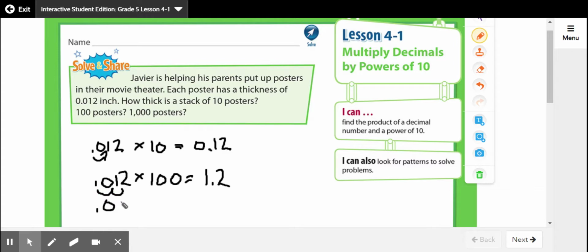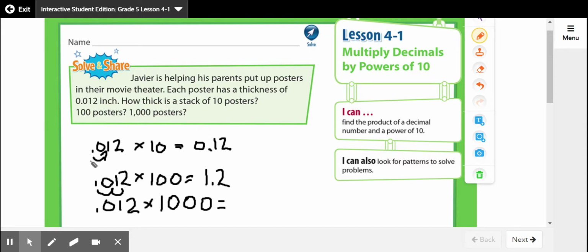So I have 0.012 inches for one sheet. I have 1,000 sheets, so I need to do this 1,000 times. 0.012 or 12 thousandths. Okay, so what would this equal? Well,